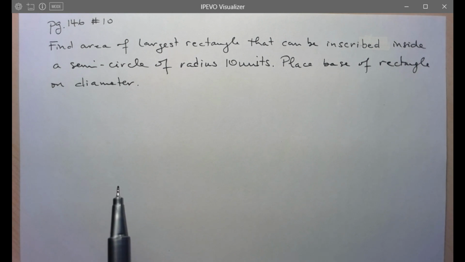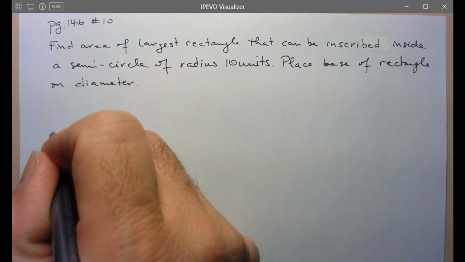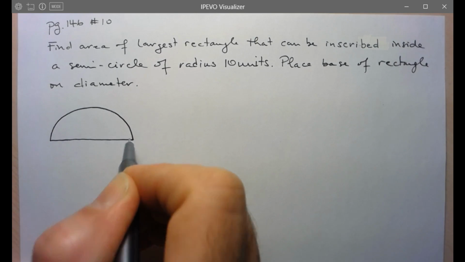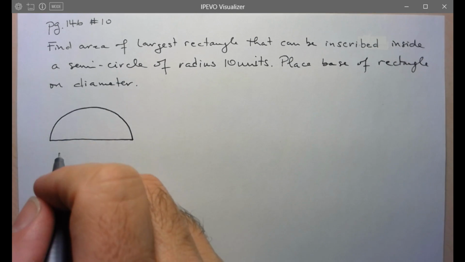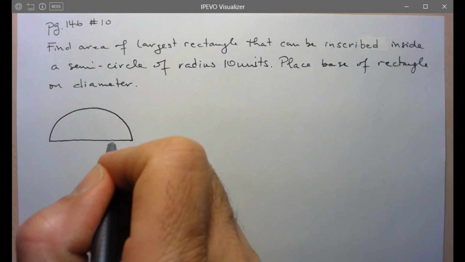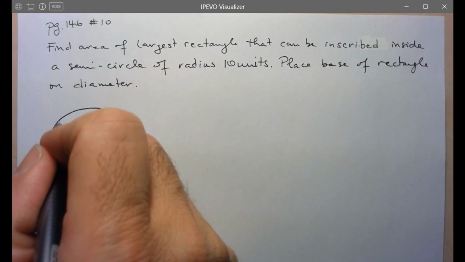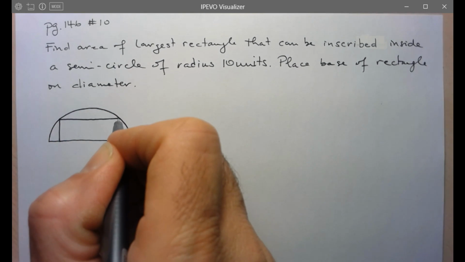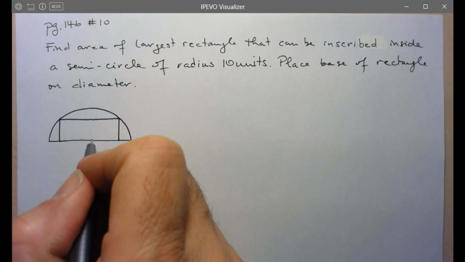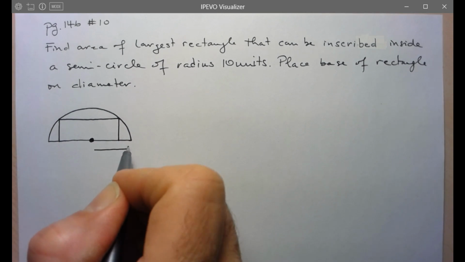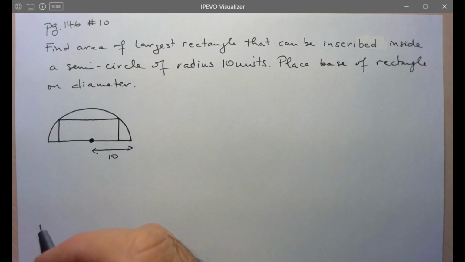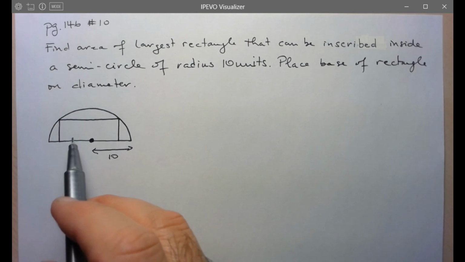All right, so again, best thing to do here to set ourselves up is to draw a diagram. So I'll draw a semicircle. And we're inscribing a rectangle inside this semicircle. And again, the base of the rectangle is going to go on the diameter here. So I'll just draw some random rectangle here. Okay, and I know that the radius is going to be 10 centimeters. All right, and so we want to find the area of the largest rectangle that we can put inside the